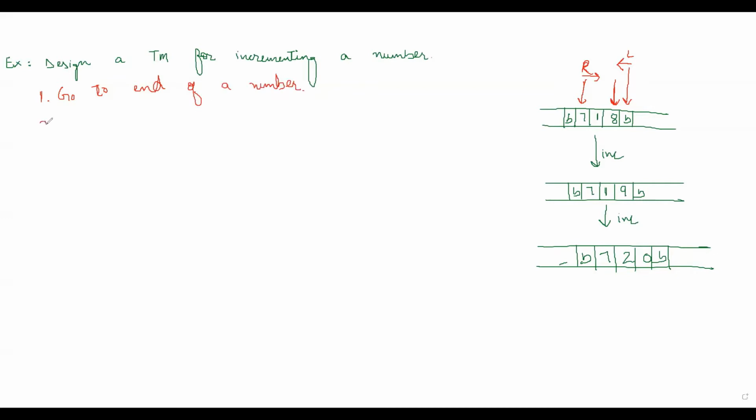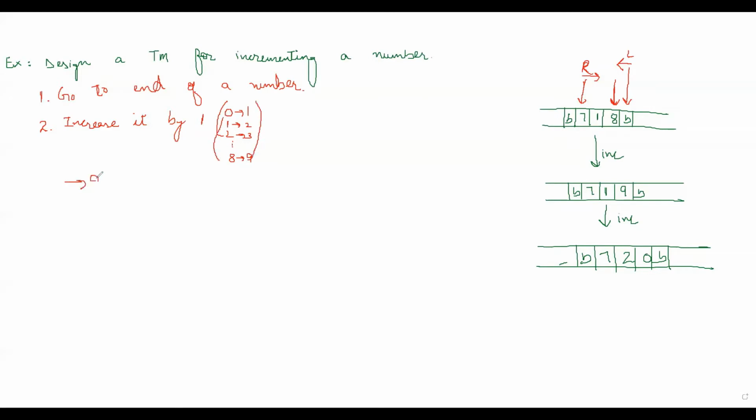Second point. What is the second point? The second point is update this last digit. Increase it by 1. What does that mean? Increase it by 1 means that if it is 0, make it 1. If it is 1, make it 2. If it is 2, make it 3, and so on. If it is 8, make it 9. However, if it is 9,